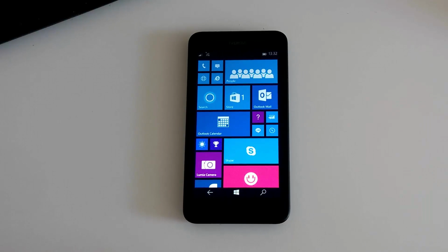Now today we're taking a look at Windows 10 for phones build 10051. This build includes a number of features and enhancements over the last public preview build, which was 9941. So diving straight in, the first noteworthy changes in this build are the inclusion of the Outlook, Mail and Calendar